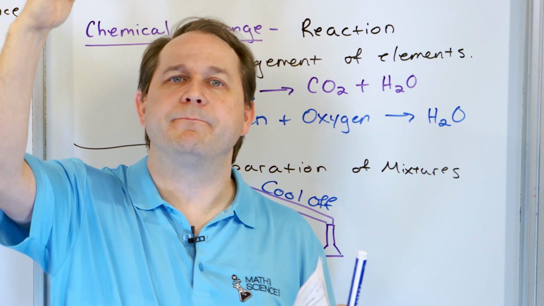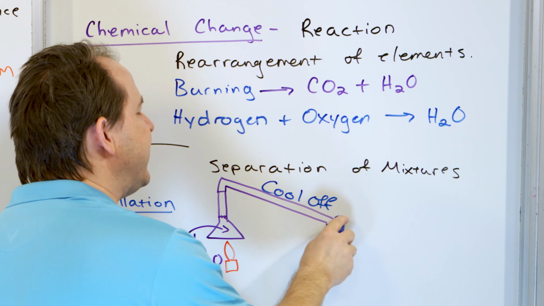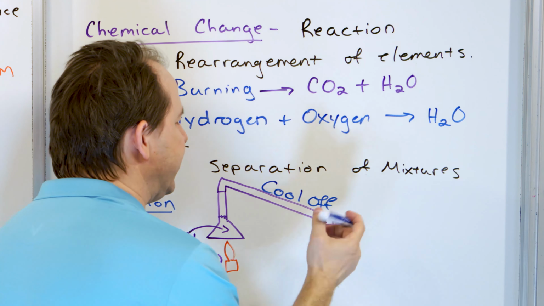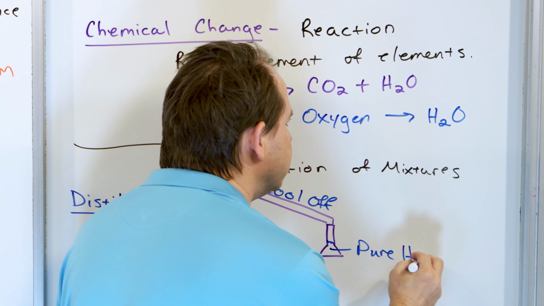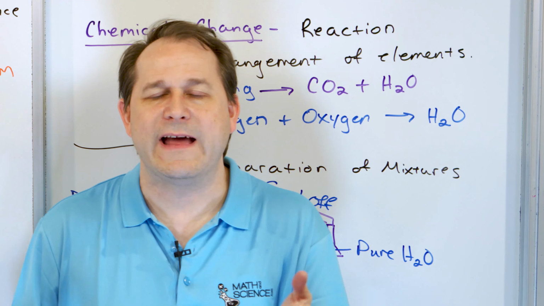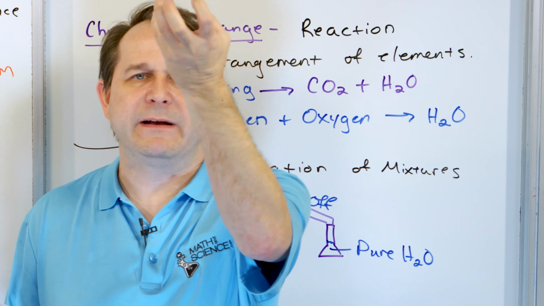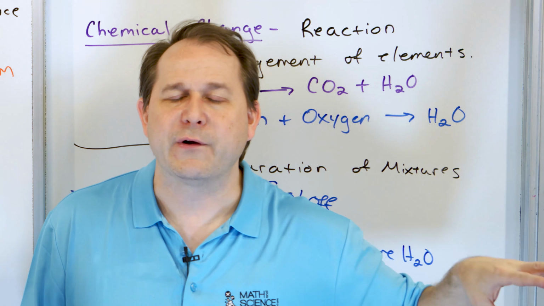So the water goes up and it goes down here, and then droplets start forming and it condenses down and starts to drip, drip, drip into here. And then what you have here is pure H2O. So when you buy distilled water from the store, it is water that has been boiled, the vapor has been collected and then condensed back again into your fresh container.